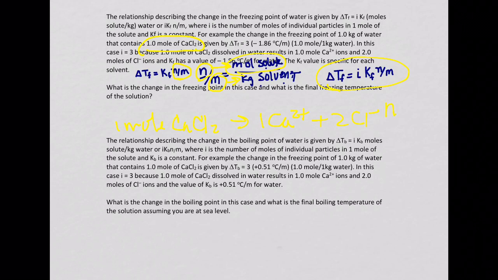So the i is actually 3. And so I think it's easier to look at it here and say, well, here's the concentration right here, and this value right here is for each of these. And so that's the way I have it in